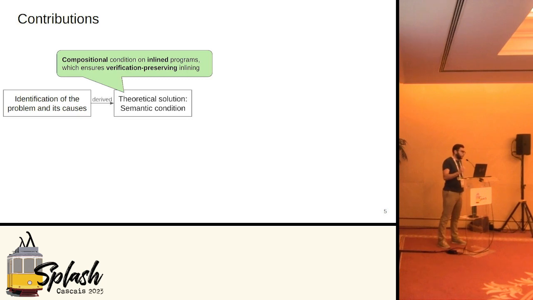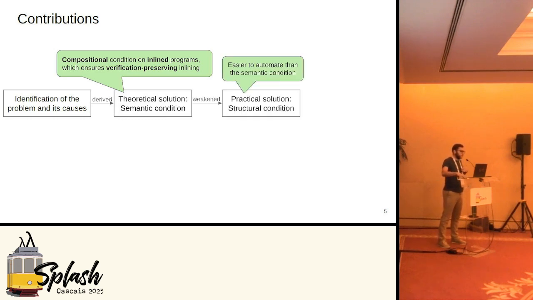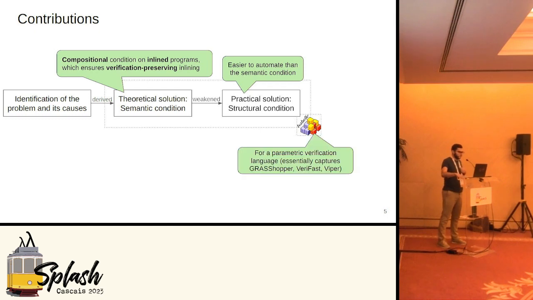And the keyword here is compositional. Verification preserving inlining, this property is not compositional. It corresponds to the two programs. But this semantic condition is. It's still a bit too hard to check automatically, so we weaken it to a structural condition that is easier to automatically check. These two solutions have been formalized in the Isabelle proof assistant for a parametric verification language that